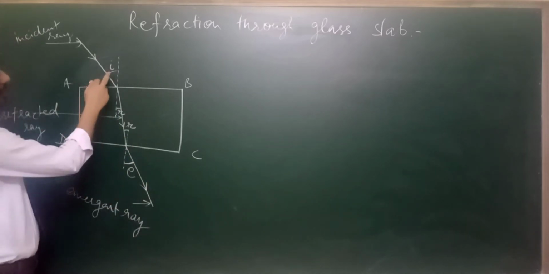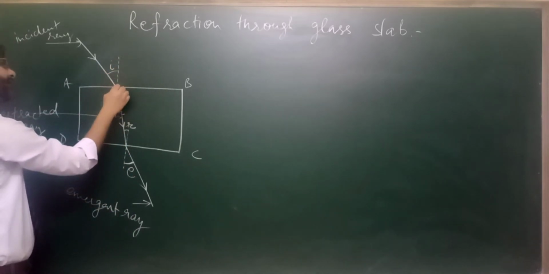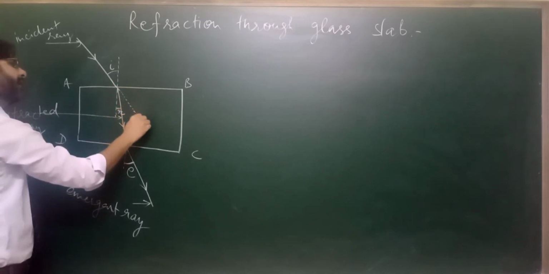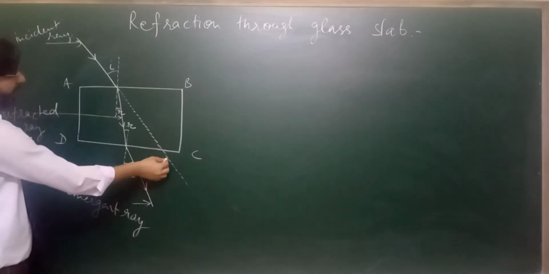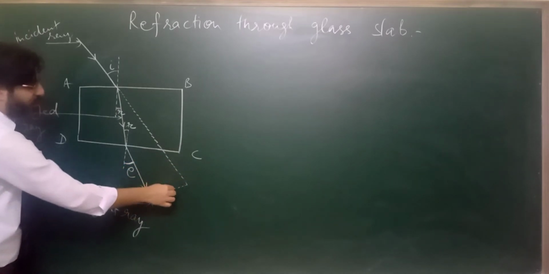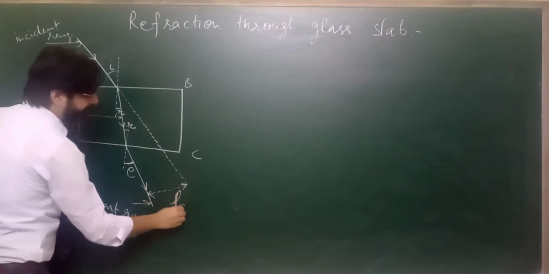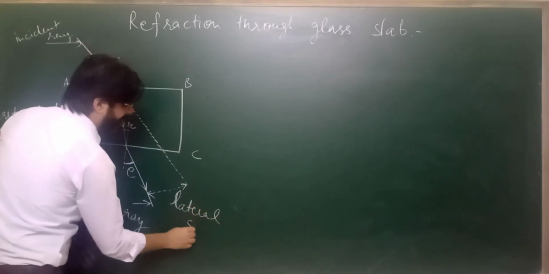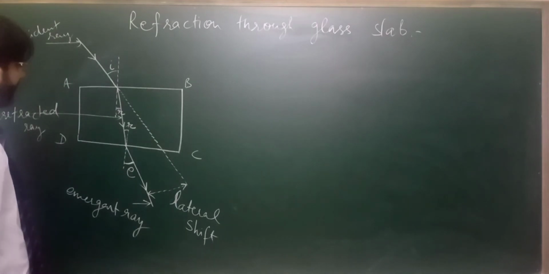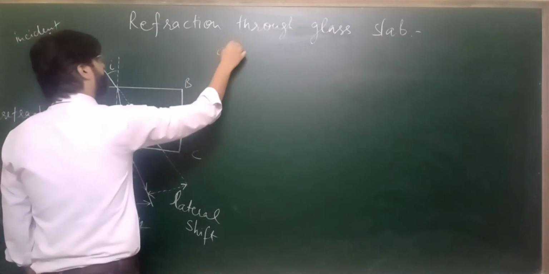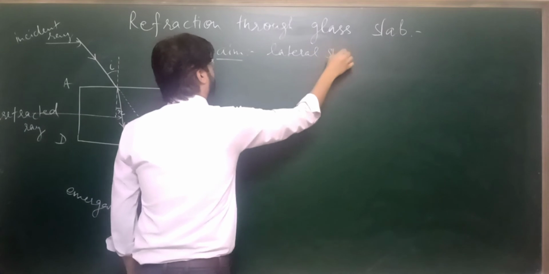So mathematically also, when this angle will be equal to this angle, then only these two rays can be parallel. So if we extend this ray, that means this was the original ray, incident ray. The perpendicular distance between these two rays is known as lateral shift. Fine. So our aim is to find the value of lateral shift. The lateral shift depends on which factors?